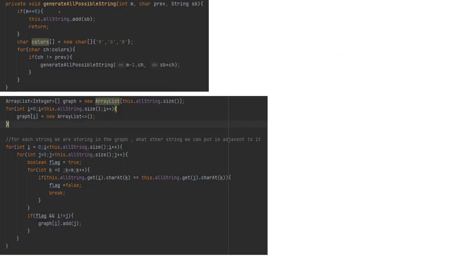So what we are doing is generating all the possible strings, that is the rules that we had, like RGR and all those things. We are generating them with this particular function, generate all possible strings. Here we are taking RGB, and we are saying that the color we are currently choosing should not be equal to the previous one.